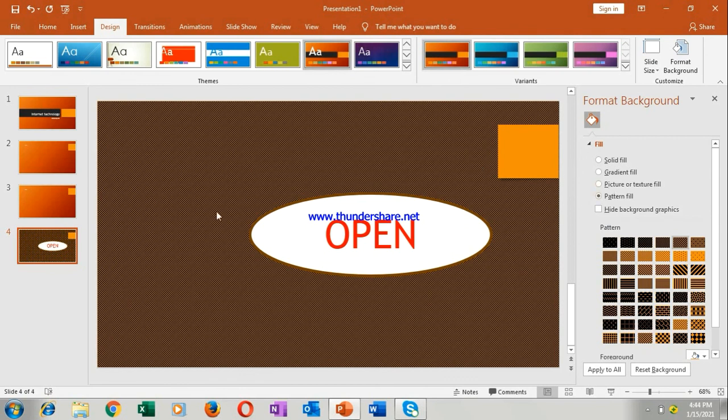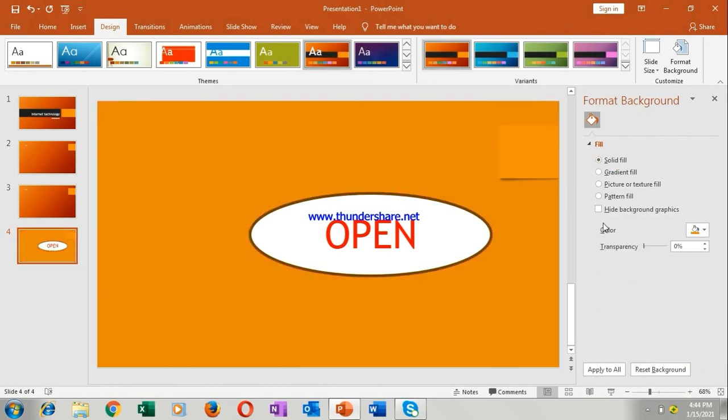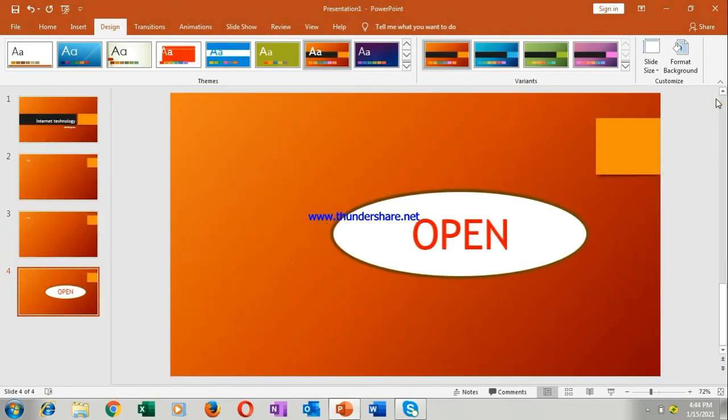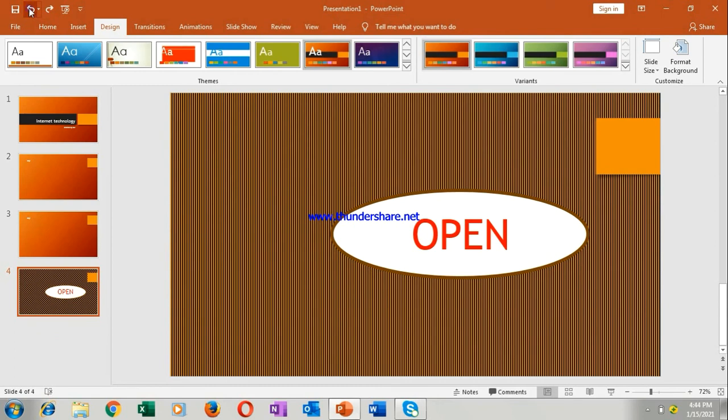Okay, and it will be applied to different slides. Like I am selecting solid fill and pressing apply to all. Here it is written already, you have to apply to all, otherwise you cannot do it. So gradient fill only, let it be the gradient fill, close it. I am just not applying anything. So this is how we are changing the background by selecting the color. Again I am showing you. Let me undo it first, then only you will be able to understand.